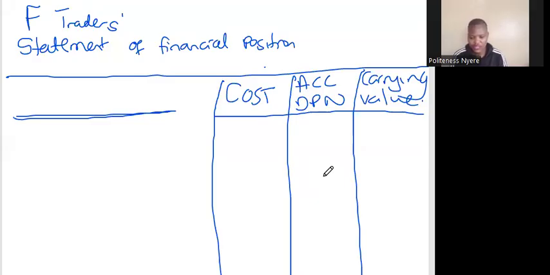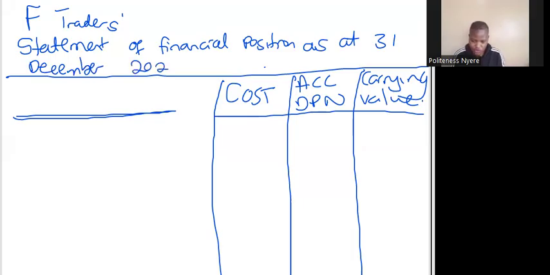So this is Teacher Polite, and today we want to look at the statement of financial position. The statement of financial position is mainly like a screenshot that shows us the financial position of a business at a particular date. So that's why here we wrote F Trader Statement of Financial Position as at 31 December 2024. So we say as at because